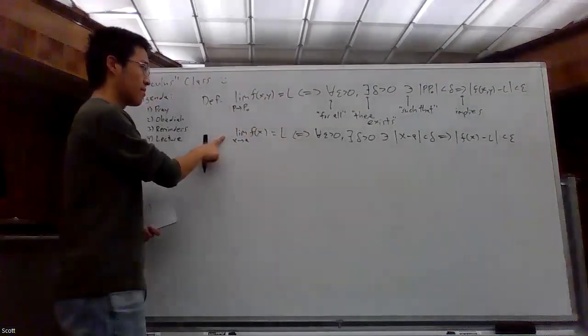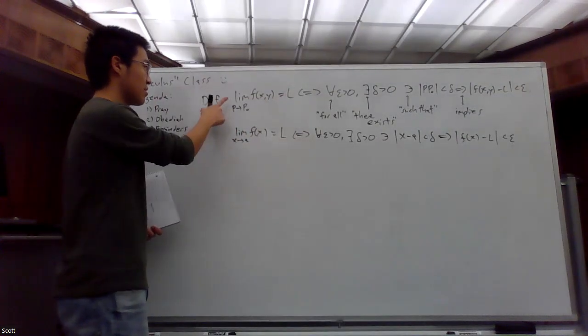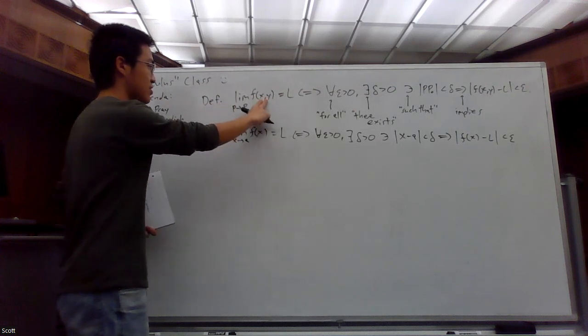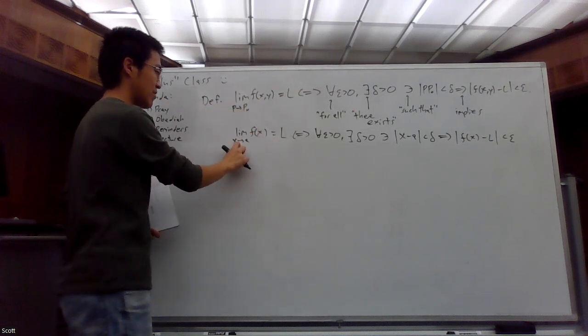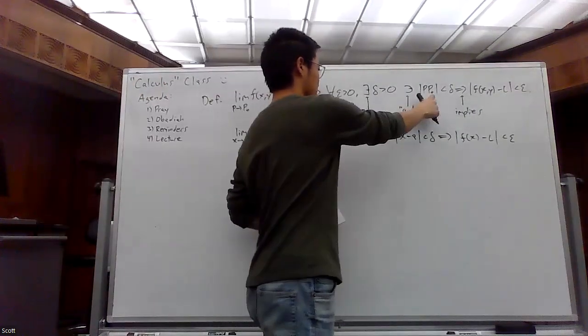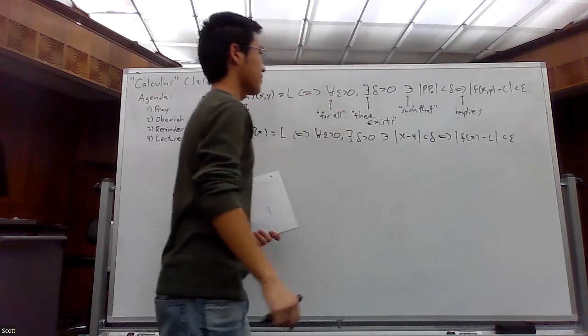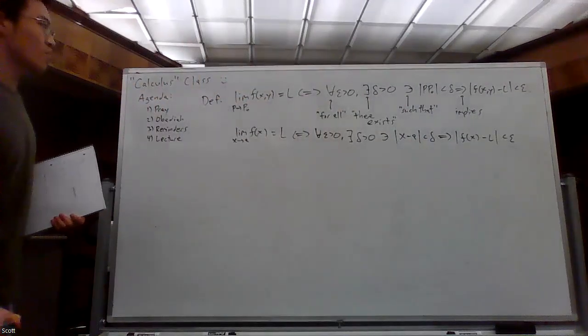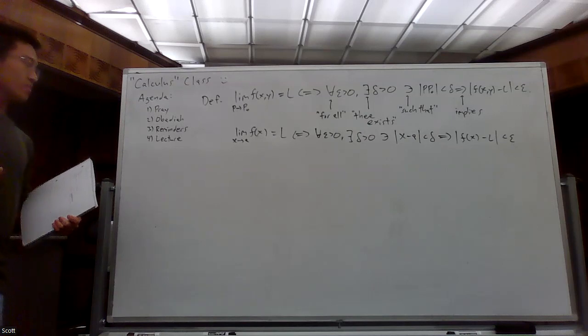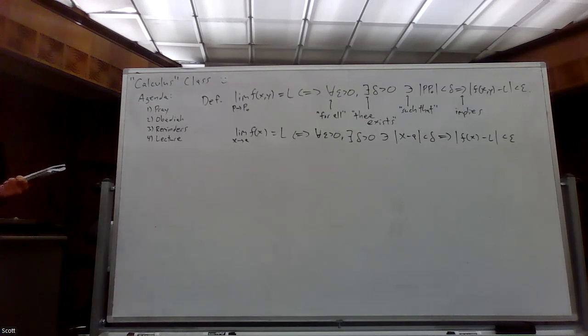This is Calc 1. And Calc 3 is pretty much the same exact thing, except we have 2 variables. We use points instead of being restricted to a single real number, and we're using the norm instead of the difference x minus a. All right, cool. So this is limits.